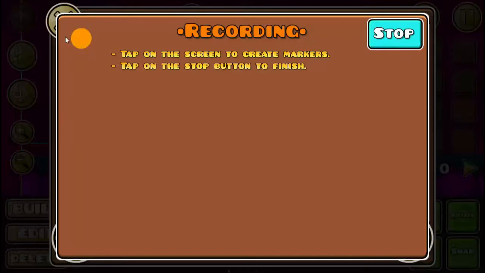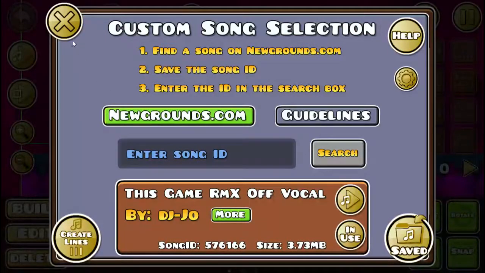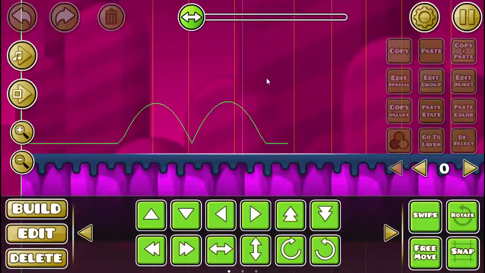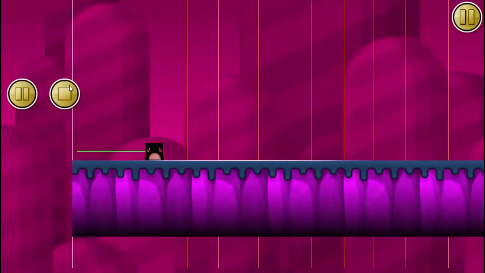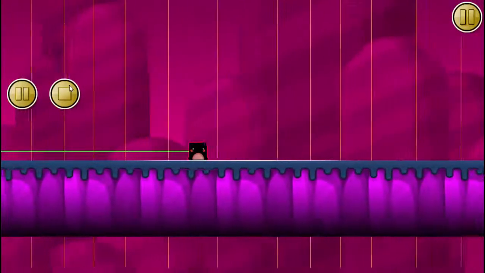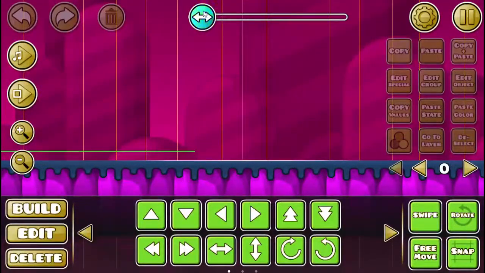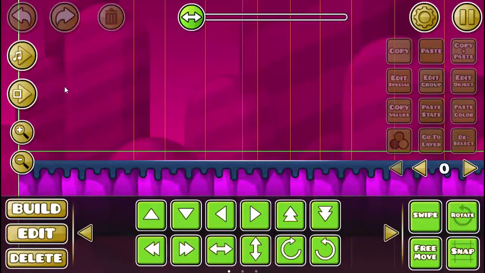So that was my mouse clicking. Every time you saw this thing light up, that was me clicking to the beat. So after you've done that, you X out and you go over here, and as you can see, there are now red lines syncing up with the beat. So that means it'll be easier for us to make gameplay, because we don't have to constantly try and predict